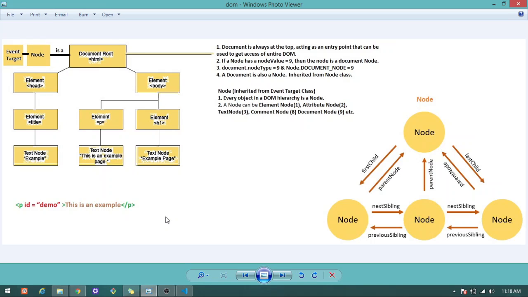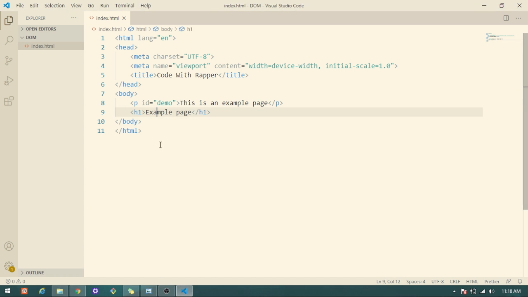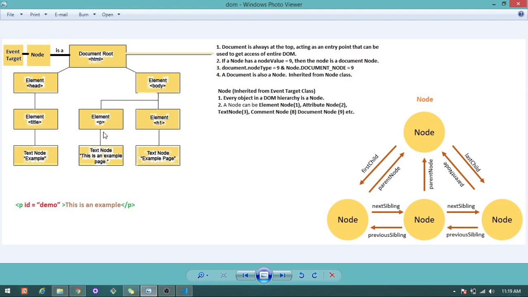If I have created a simple web page like this, which has a paragraph and an h1 tag, then the document object model will be like this. Excluding these two things, this is the document object model with respect to this code.